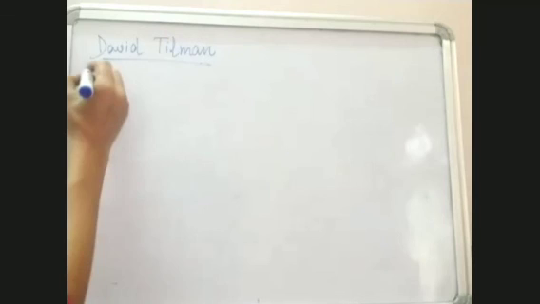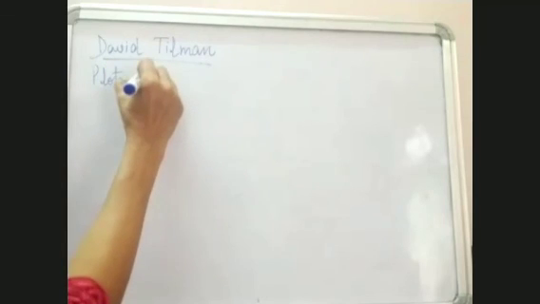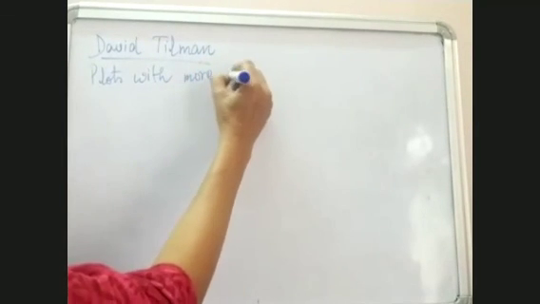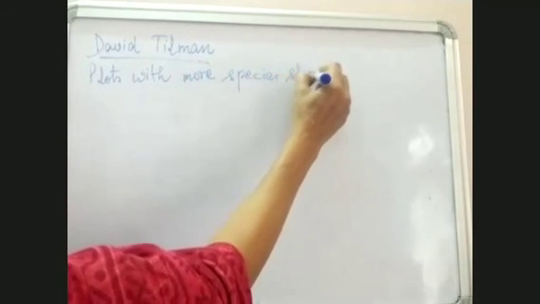He gave a hypothesis. According to him, plots with more species showed less year-to-year variation in total biomass. What he said was plots with more species showed less